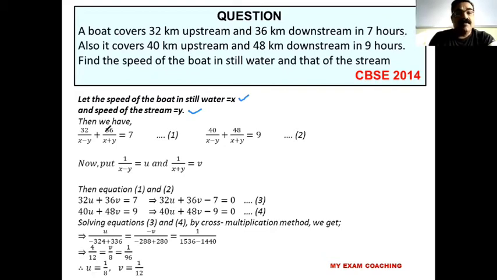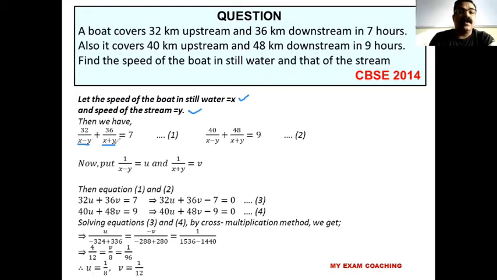That means when the boat is in upstream, the speed of the boat is restricted by the flow of current. So in the upstream, we will take x minus y. And when the boat is in downstream, the boat will be going in the direction of the water flow. The speed increases. So in downstream, we have to take the speed equal to x plus y. Very, very important point. Kindly note it. When the speed of the boat is taken upstream, we will take it as x minus y, and when the speed of the boat is taken in downstream, we will take it as x plus y.